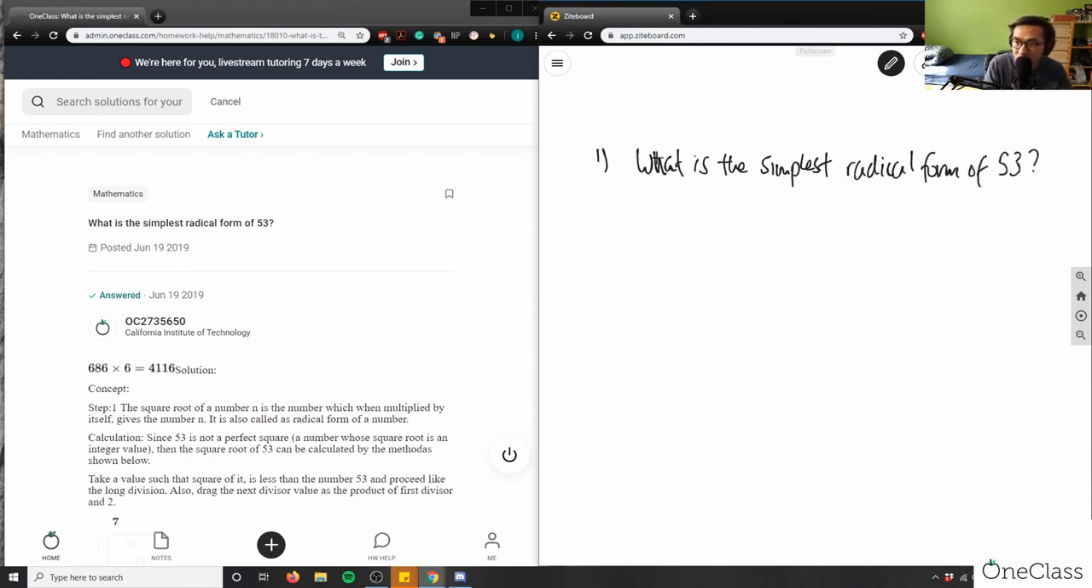of 53? So when we talk about radical form, how we would reduce something is, if you had something like the square root of 49, for example, that would equal 7, right? Again, 7 squared would equal 49. So basically, we know how to break down radicals, but what we have here is a whole number, 53. So when we talk about the simplest radical form of 53, how we can approach this problem is